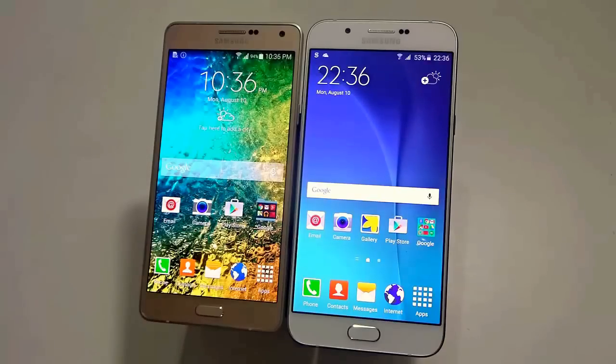The Samsung Galaxy A7 was released in India sometime around January 2015, and already towards the end of July 2015 Samsung has launched the Galaxy A8. The A8 is supposed to be the successor of A7, but it has some striking resemblance with the S6 as well. Before anything else, let me give you a physical overview of both the handsets.